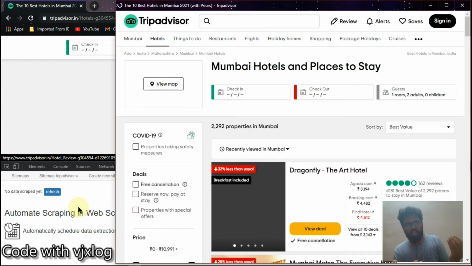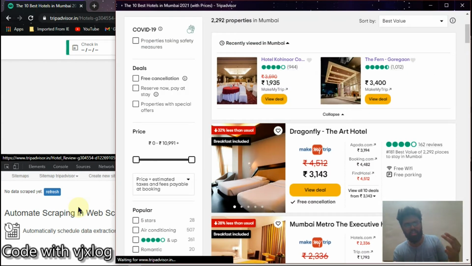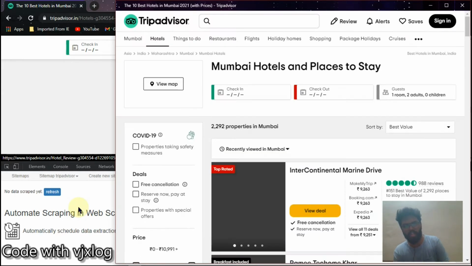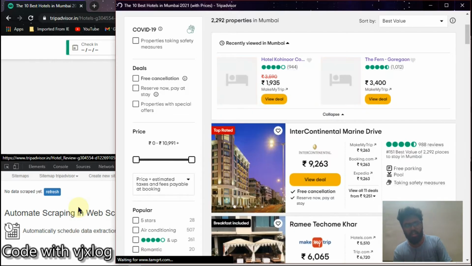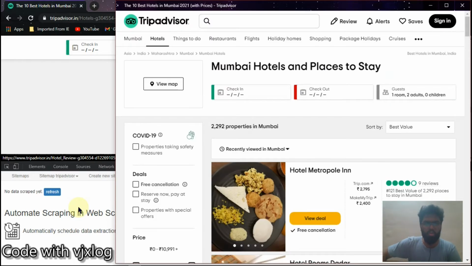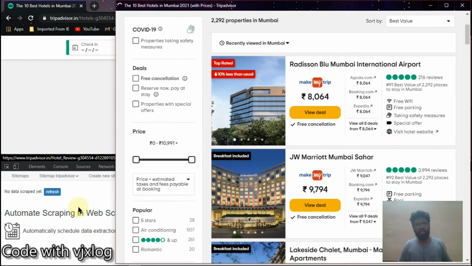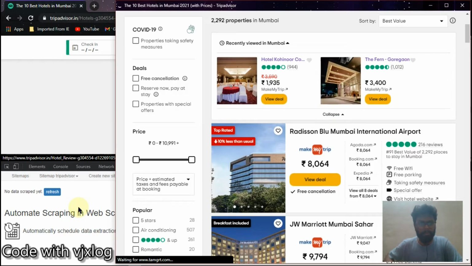Means it is requesting the URL to browse through every page and collecting the data in this web scraper tool. We don't have to do anything, we just have to wait. For the time being we'll have to wait. I might need to fast forward this part because it might take a lot of while.